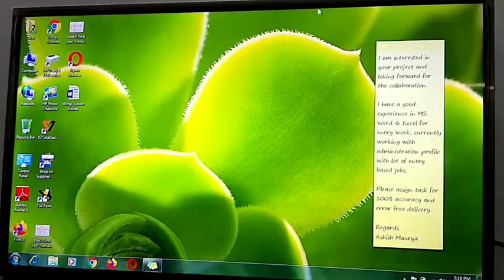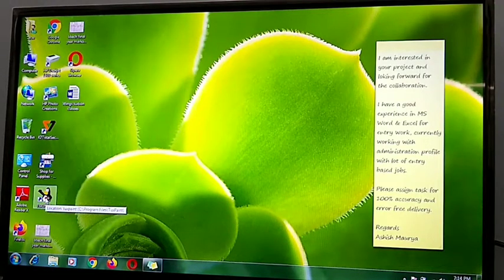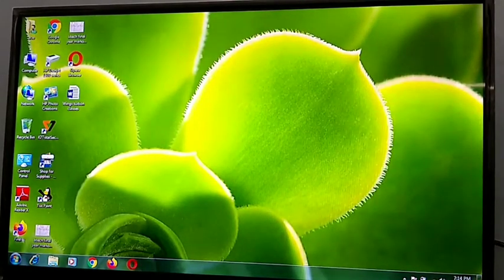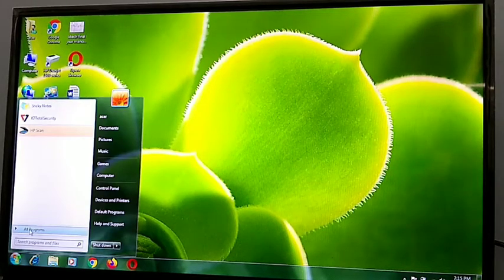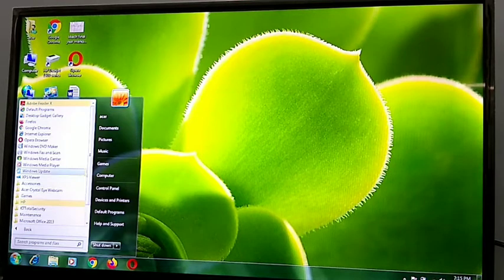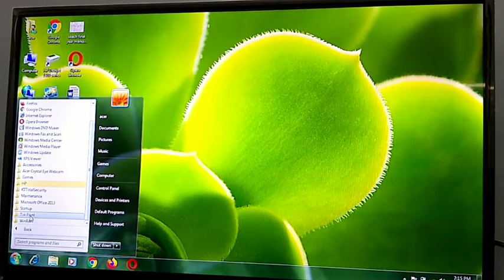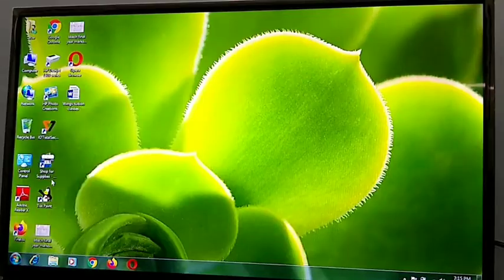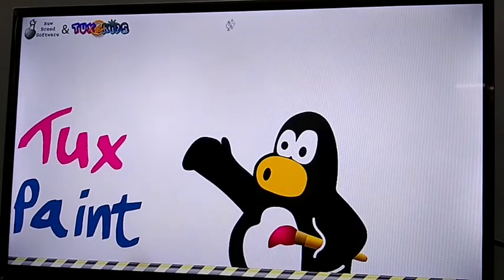Now see, students, today I am going to tell you how you open Tux Paint in your computer. Now you can see one Tux Paint icon is here. You can double click on this and you can open from here. Or you can click on the start button and go to all programs, and here you can see one Tux Paint icon will be there, this one. You will click on this Tux Paint and then you will open this Tux Paint full screen. Okay, so this Tux Paint will be opened on your computer.